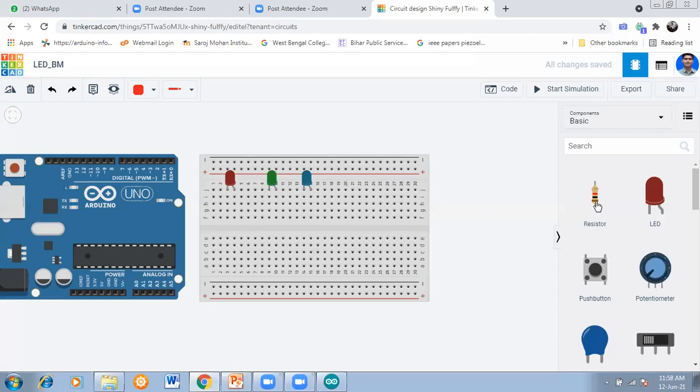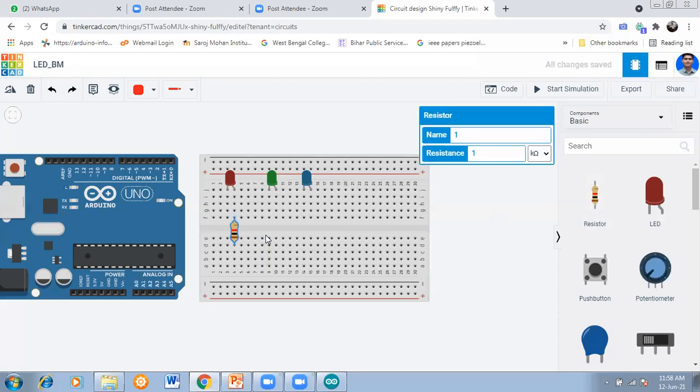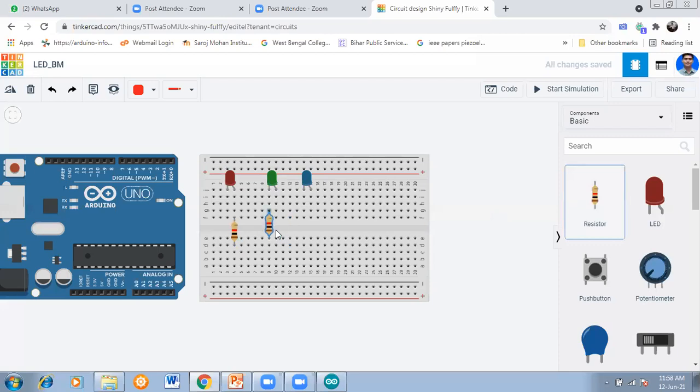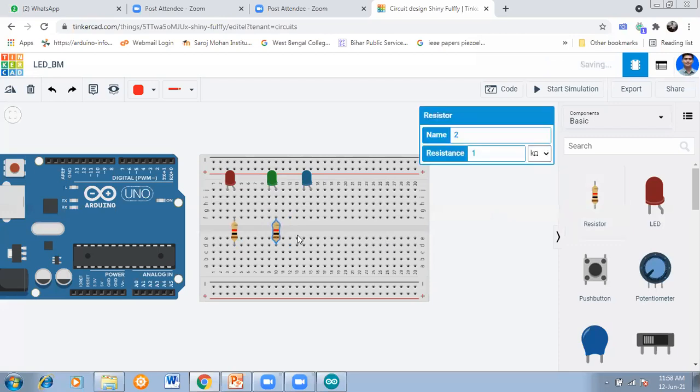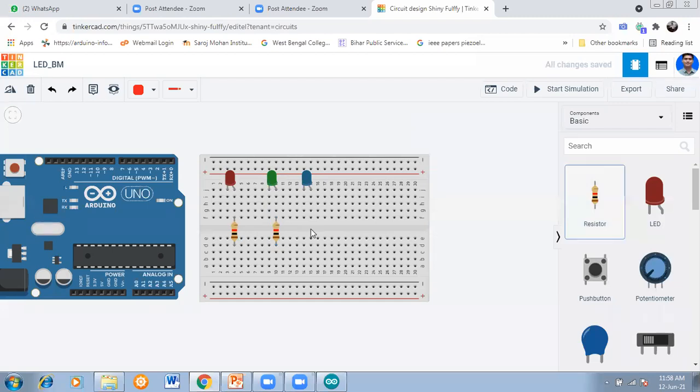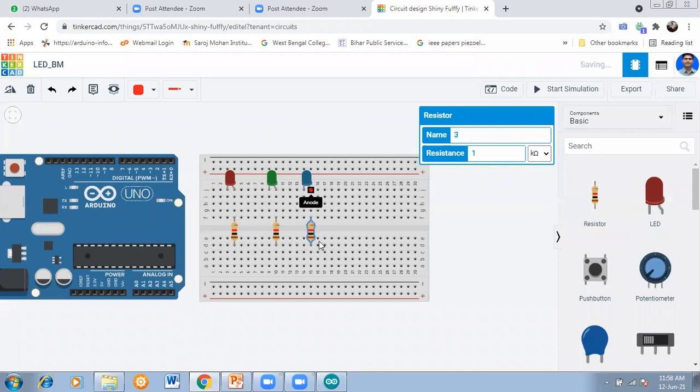Now we'll use resistors. As I mentioned, you have to use a resistor. This is one resistor. This is also one resistor. This is also one resistor. So on the anode side, we are using resistors. Give the proper value of the resistors.